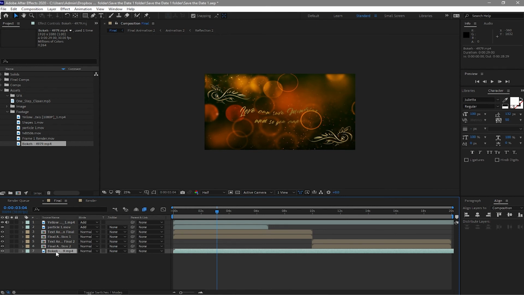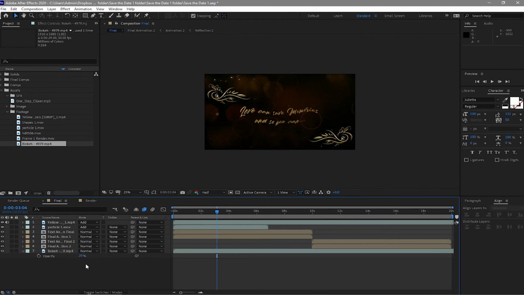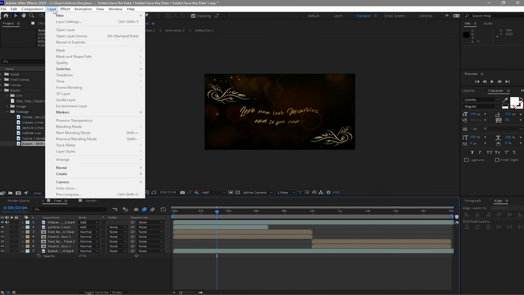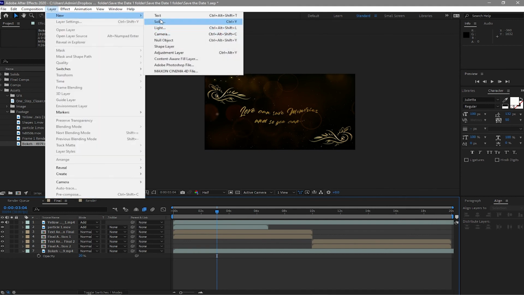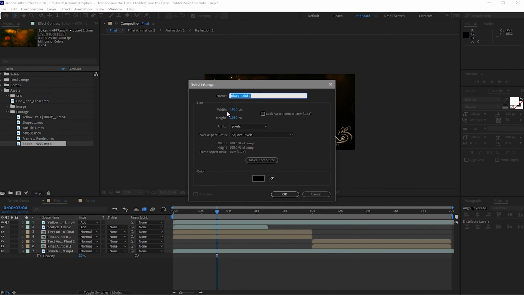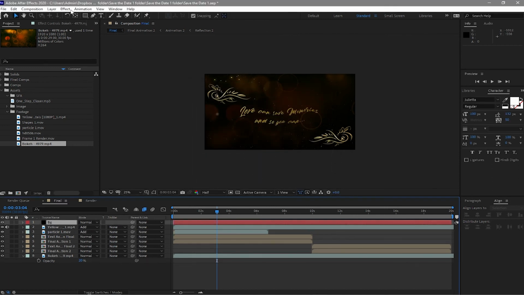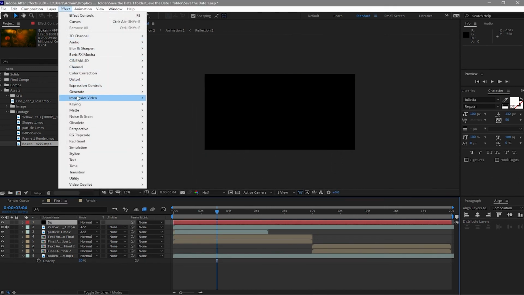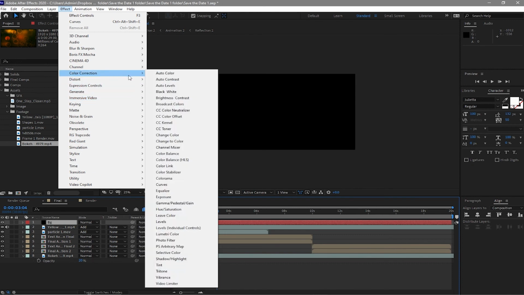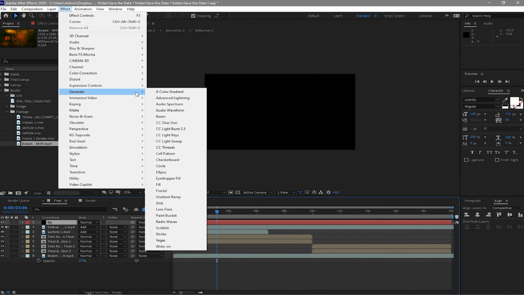I will also drop down the bouquet. Press T for opacity, and I will make it 20%. And then I will go to layer, new solid. I will name it BG or background. And I will go to effects and preset, and I will find generate gradient ramp,